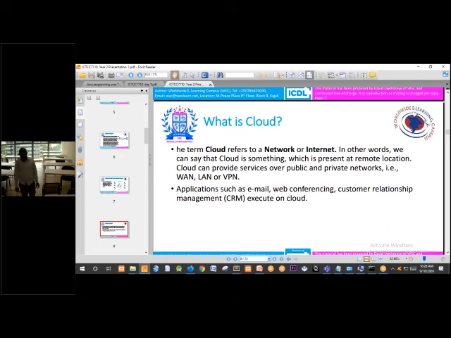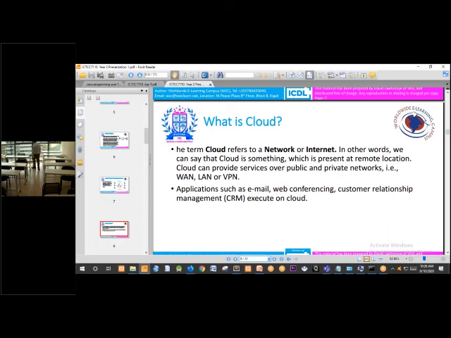Remotely means they are not in our local machine. They are in other machines. This hardware is somewhere else. This software that we are accessing is installed in other machines which are somewhere else. And as long as we can access and use them, then we are in cloud computing.